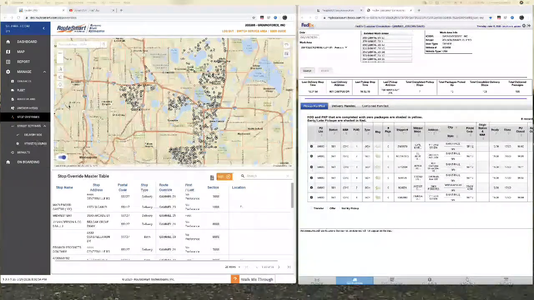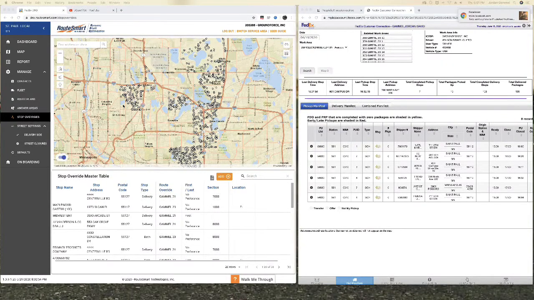However, the problem that we run into a lot of times is the map will then change the sequencing to surround everything in this area to be on the floor because I want this stop as a floor stop. Anything else that surrounds it will then be assigned to the floor, which as we know can cause a problem because if it's a lot of smalls, which in this case, this is more of a medical area, so there's a lot of mom and pop medical shops, there's a lot of independent doctors, so they're not getting big shipments